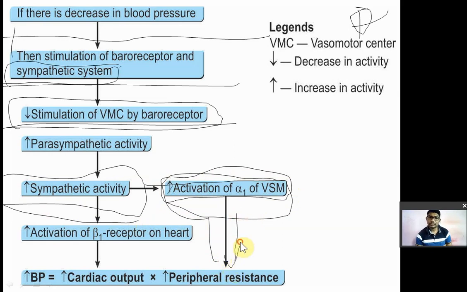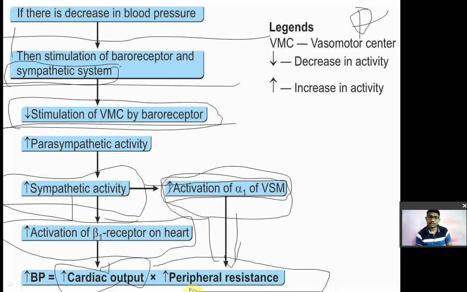There will be increased peripheral resistance due to this adrenaline. Now adrenaline will also act on its beta 1 receptor present in the heart, and it will increase the function of beta 1 receptor. What is the function of beta 1 receptor? To increase the rate of contraction and force of contraction. If there is increase in the force of contraction, that means there is increase in the cardiac output. So if cardiac output is increased and peripheral resistance is increased, that means blood pressure is increased. Blood pressure is equal to cardiac output into peripheral resistance. So if there is an increase in the cardiac output there is increase in blood pressure, and if there is increase in the peripheral resistance there is increase in the blood